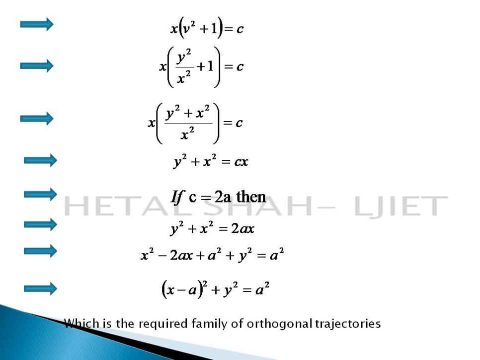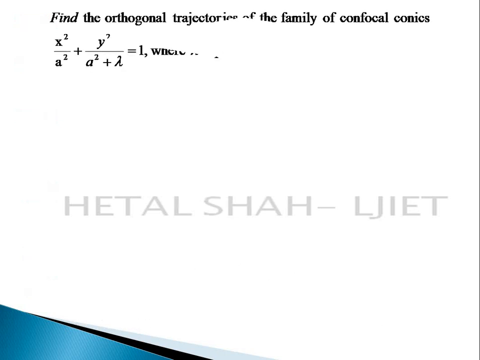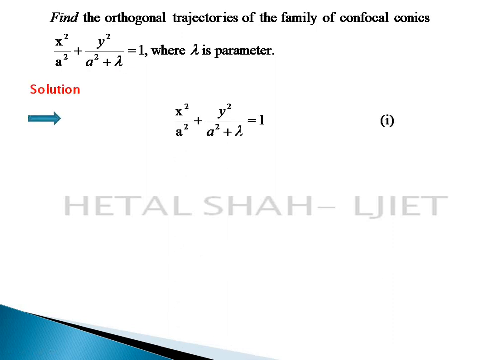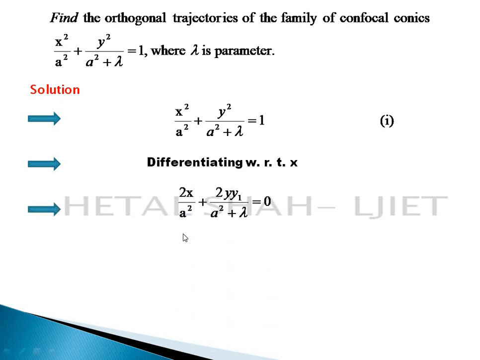Okay, let's move to one more example. Find the orthogonal trajectory of the family of confocal conics where lambda is the parameter. So let's start with the given equation 1. Now the differentiation of equation 1 with respect to x is 2x upon a square. The derivative of y square is 2y,